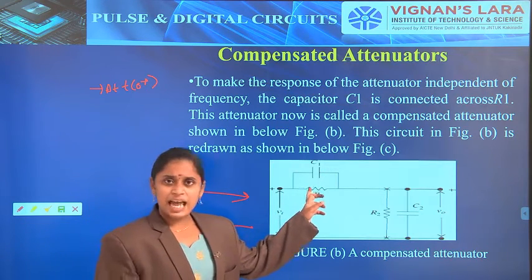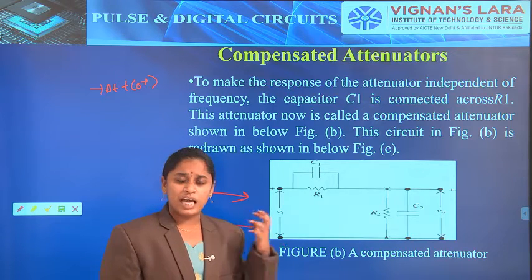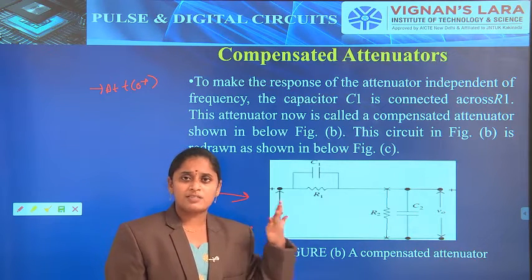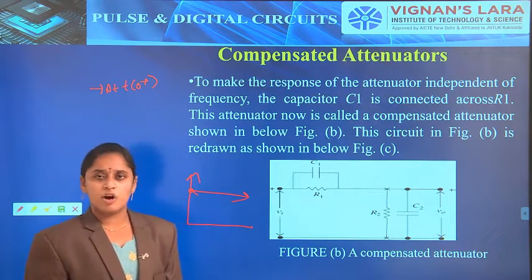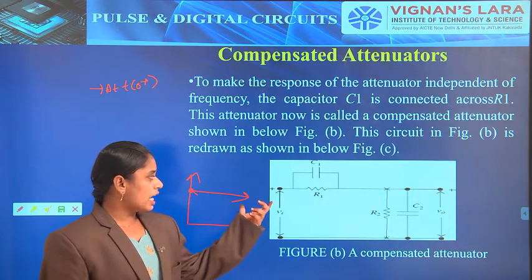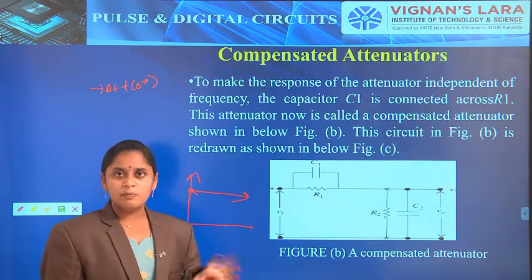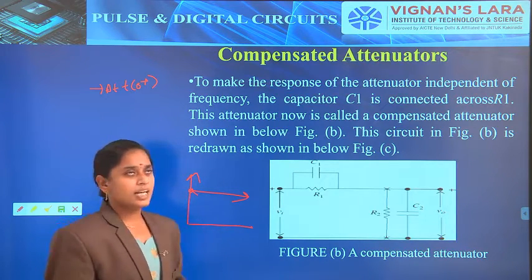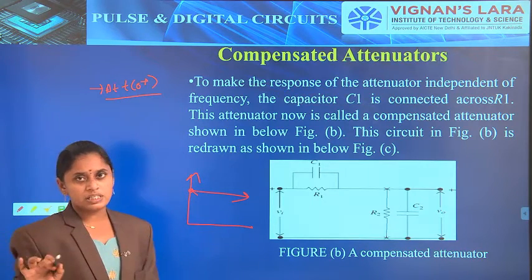Then the capacitor acts as a short circuit. When we give voltage to the capacitor, C1 becomes a short circuit, and the C2 capacitor will also be a short circuit. So R1 and R2 will be neglected, because C1 and C2 are short circuited. Then the diagram will be like this. At the t is equal to 0 plus condition only we have to consider this.